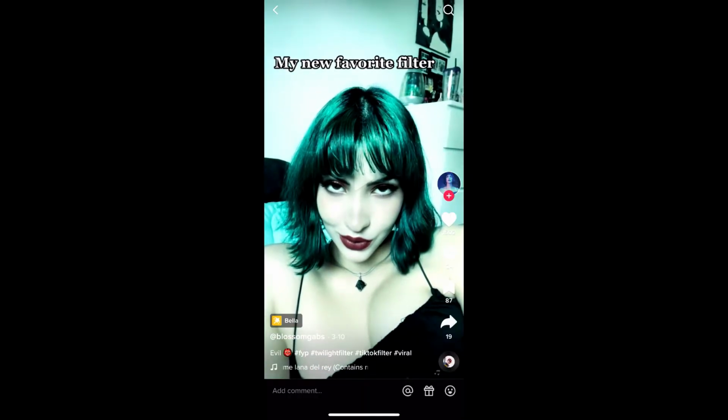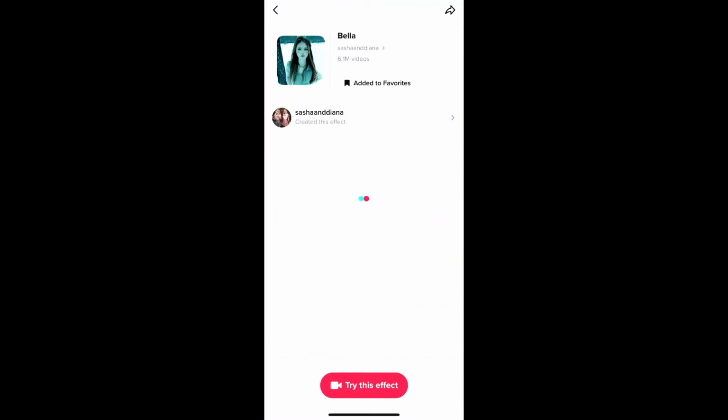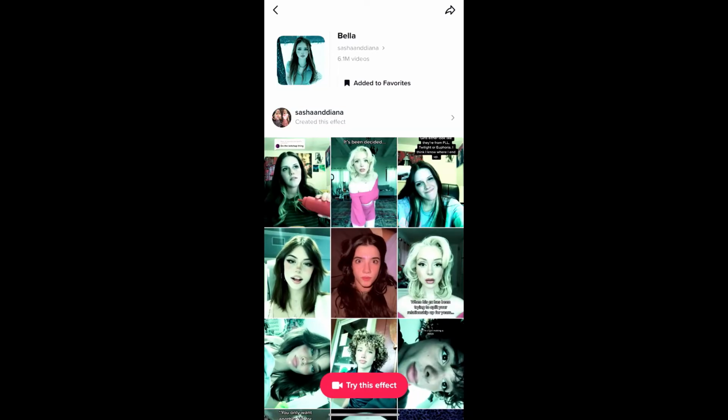Okay, on the bottom left corner of the screen you will see the effect name. It's in yellow. Just tap there and you will be directed to the effect page. Now from here you can add it to your favorites, and at the bottom of the screen you will see try this effect. Just tap there to try the effect. Likewise, okay, and suppose you are not getting the effect like this also from search, then what you can do,